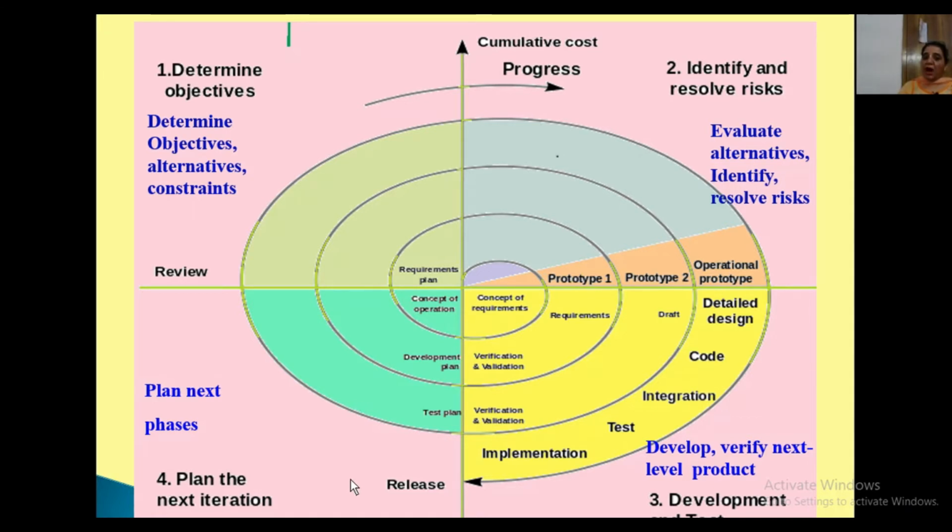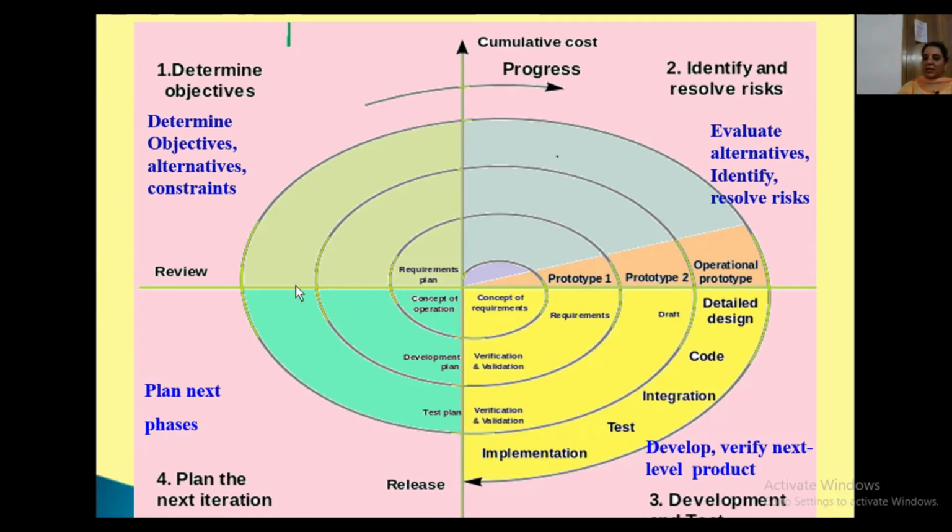Means you are basically executing the test plans here also for releasing your product to the end customer. Now, this particular loop, first loop starts from here and it goes on like this. Here the first prototype is generated, and if the customer is okay with your prototype, then it is developed in this particular quadrant. Otherwise, again the second loop will start where again the requirements will be refined, again risks will be checked, again development will be done, and again the prototype will be evaluated.